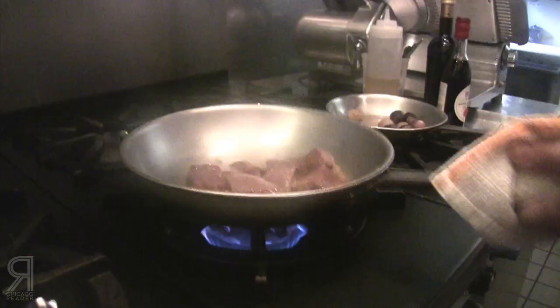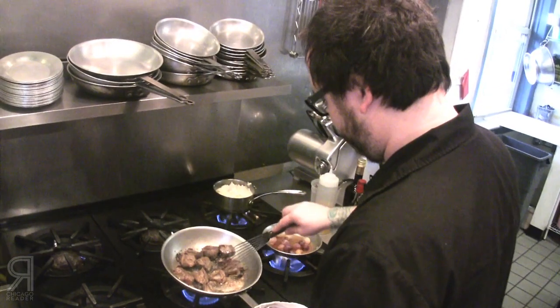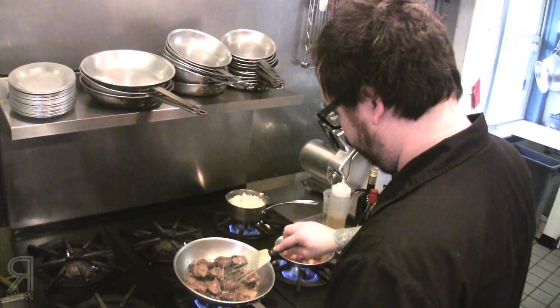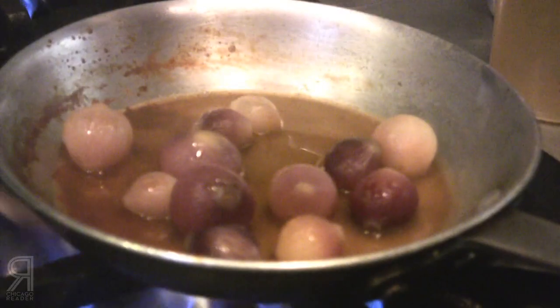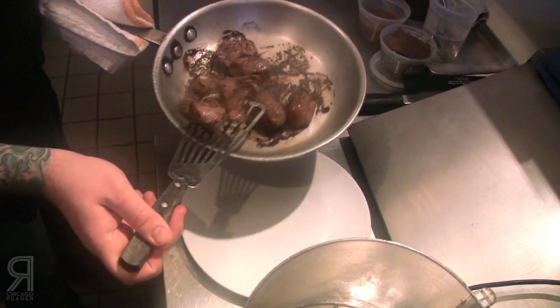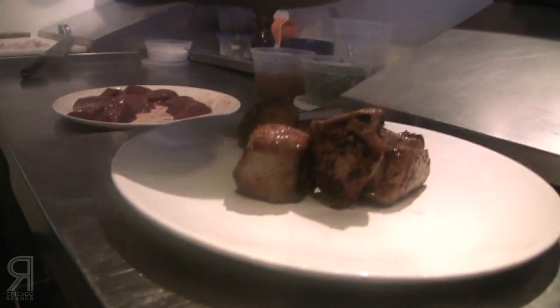Yeah, you want it pretty high, get a nice sear on it. I'm gonna make agnolotti, but instead of using pasta, I'm gonna use chicken skin as the wrapper, if you will. So make a little calves liver mousse filling for it. Put it inside the chicken skin, wrap it around, crisp up the chicken skin. It's gonna go down on a little bit of potato and leek puree. There are glazed red pearl onions and some oyster mushrooms that go with it,